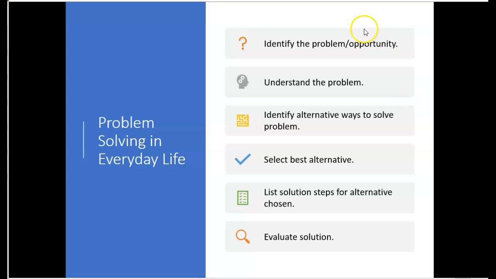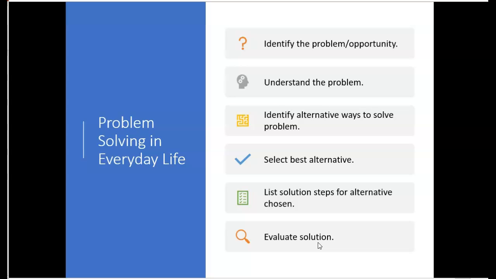All right, you're going to look at what the problem or opportunity is. You're going to research it. You're going to identify some alternate ways to be successful. You're going to pick the best of those alternatives. You're going to model it and implement it, and then you're going to evaluate it. And I think that probably buying a car or picking a travel location would probably be solved by following this